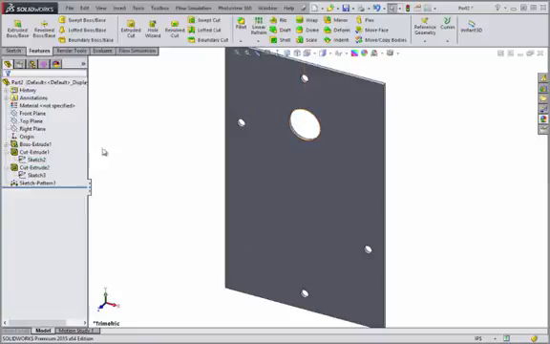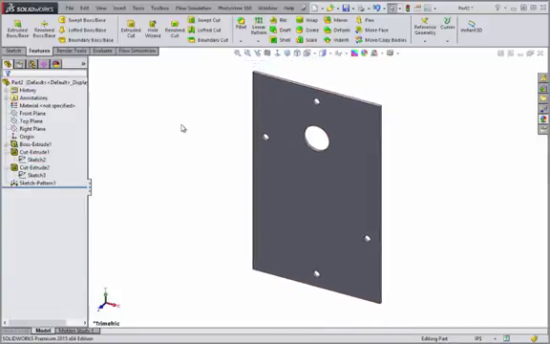So as you can see, construction geometry can be quite helpful in assisting you to create more robust and